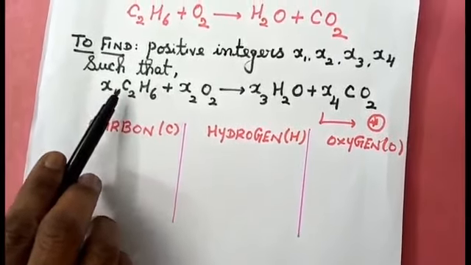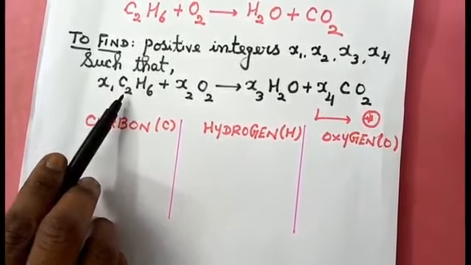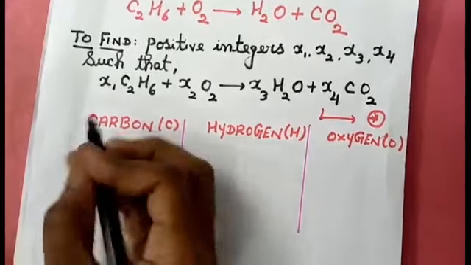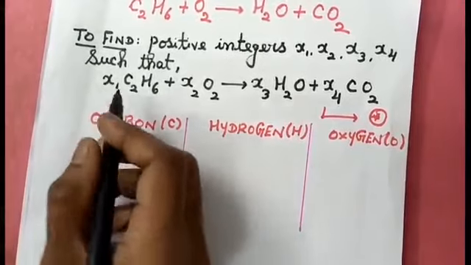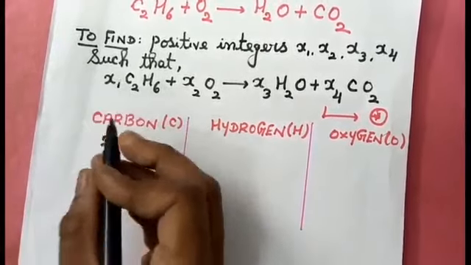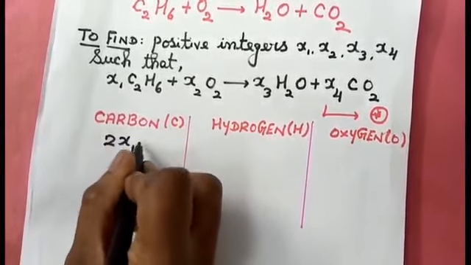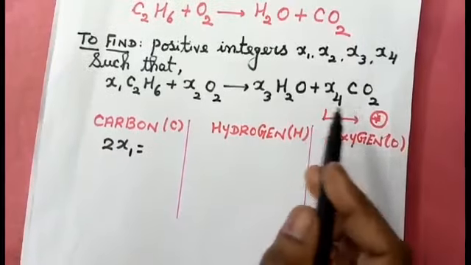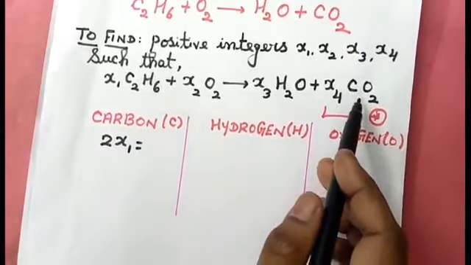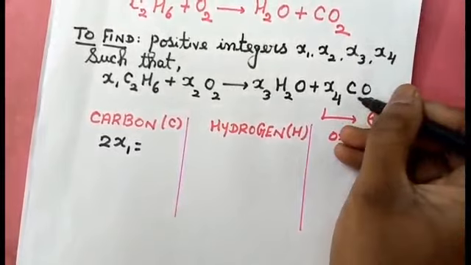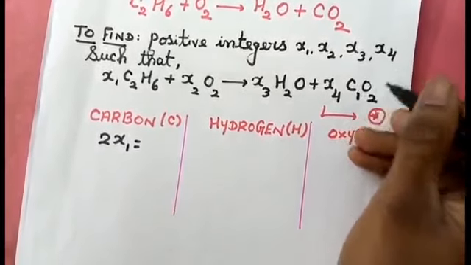In place of C, see the number at the bottom, 2. So I am going to write like this, 2. And what is the positive integer I am multiplying here? x1 equal to. Coming to the right hand side, if you see here I am not having any number, that means in place of C suffix I am going to have it as 1.